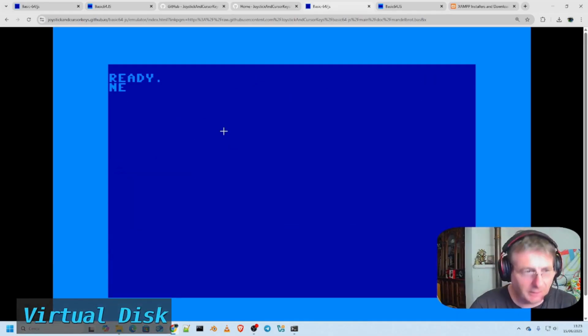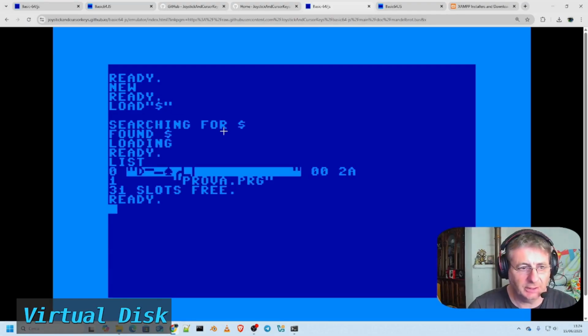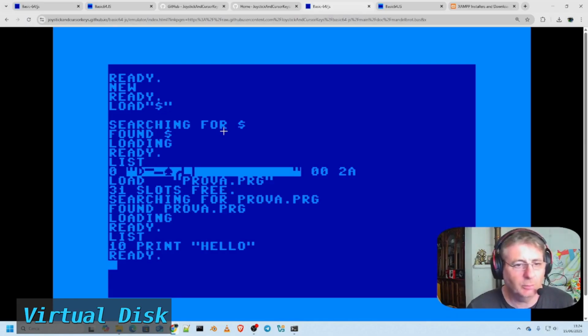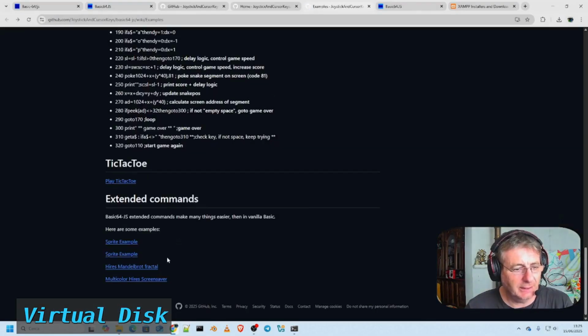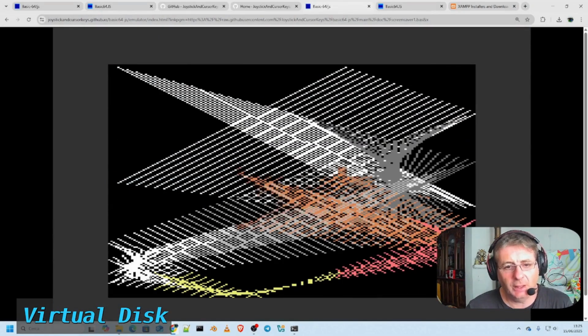So after clearing the screen, we delete the program, then we load the directory with the usual $ sign. In this case, we have the load command. As you can see here, load our program, which gets loaded, and obviously it's nothing more than our old print hello. Let's exit, and I wanted to show you this last part, which is the multicolor and high-res color, where